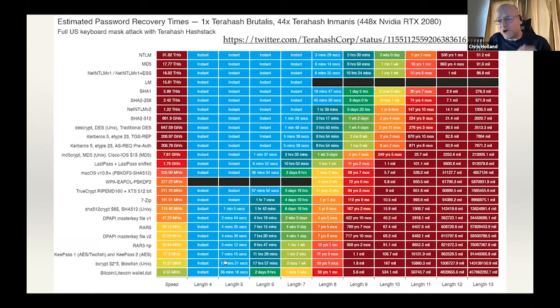So as you can see on this chart, Argon 2 is nowhere to be found, right? So why did they not list Argon 2 on their research? And so somebody actually,